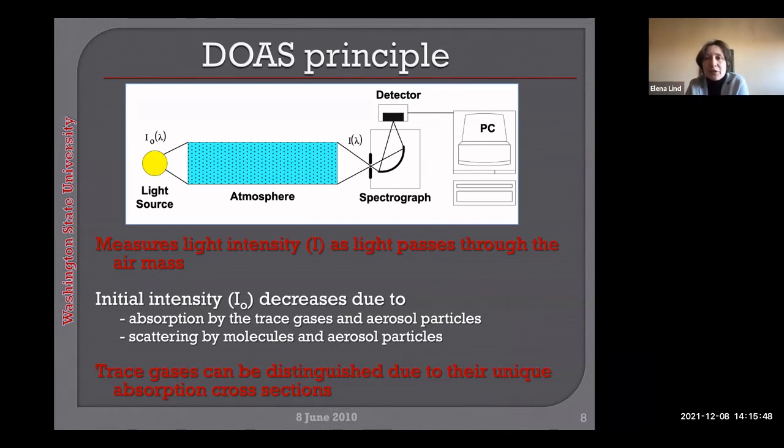So the basic idea is very simple. You have a light source, in this case the sun. You have the atmosphere, and you have an instrument that is a spectrograph, a moderate resolution spectrograph. We're talking about 0.5 to 1 nanometers full width at half max. This is an extremely old picture. The detectors are typically CCDs, and this is a spectrometer with diffraction gratings or holographic gratings, depending on the technology, and you are recording the